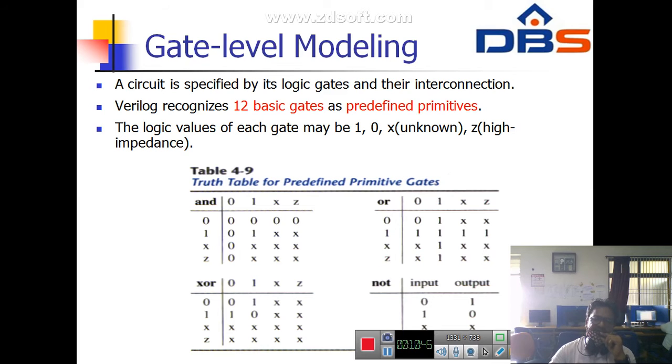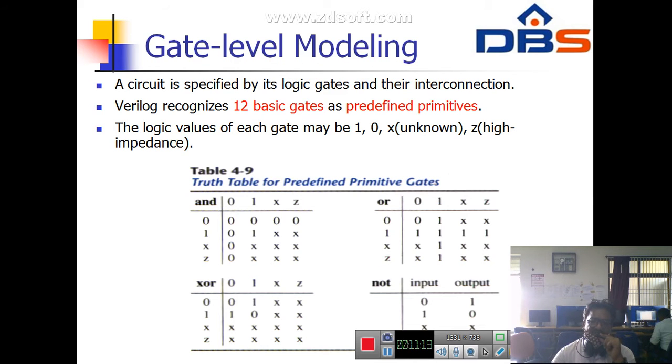For example, suppose we perform an AND operation between the inputs and output. We already know the logic levels of the AND gate: 0 into 0 gives 0, 0 into 1 gives 0; anything with 0 will be 0. With 1: 1 into 0 is 0, 1 into 1 is 1, 1 into x is x, and 1 into z is also x, the unknown value for this condition.